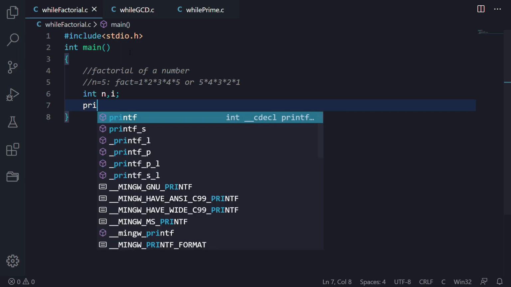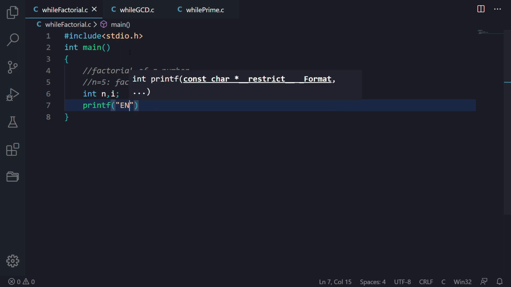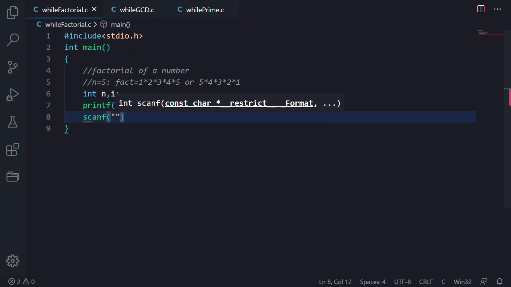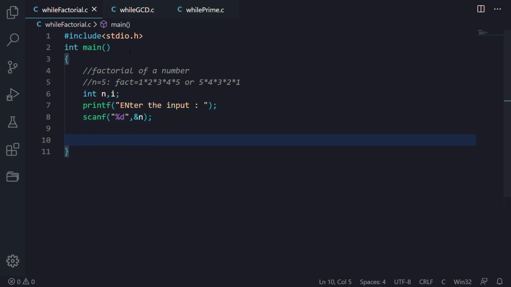So for that I will write printf to ask the user to enter the input, and then I will take the value from the user using scanf, %d, and here I will give the address of n using the address operator. Now I have a variable n and I have a value of n.